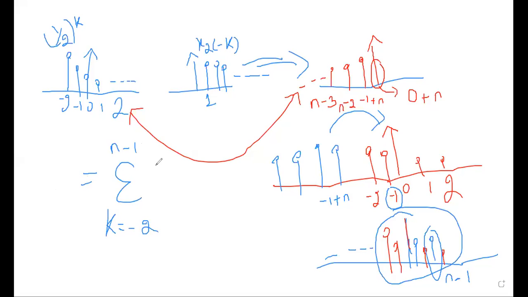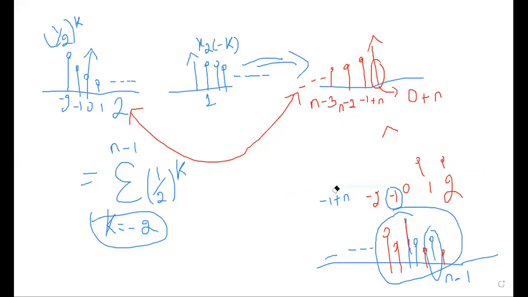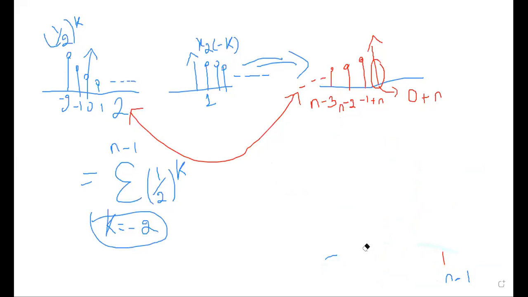What was the amplitude for the first signal? (1/2)^k. The second one is a unit step, so nothing will be there. And always my lowermost limit, I should convert into 0. To convert into 0, I should keep it as a new variable. So what new variable can I keep? I can keep L as a new variable.